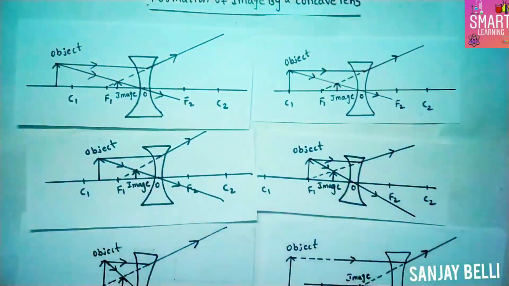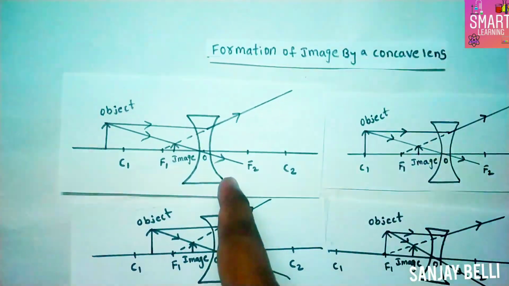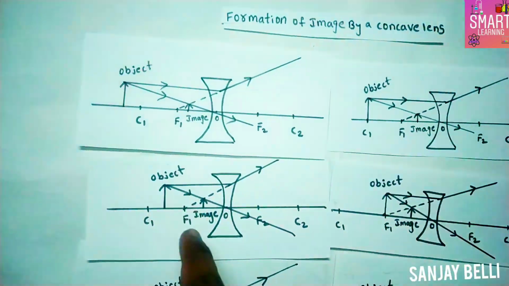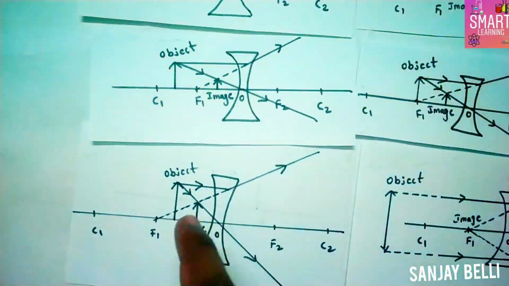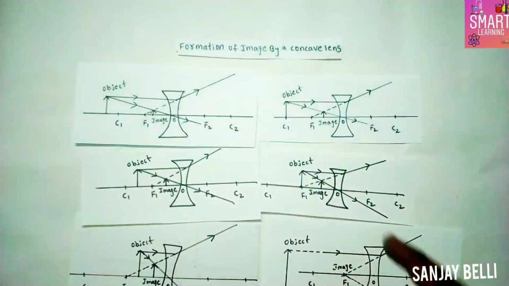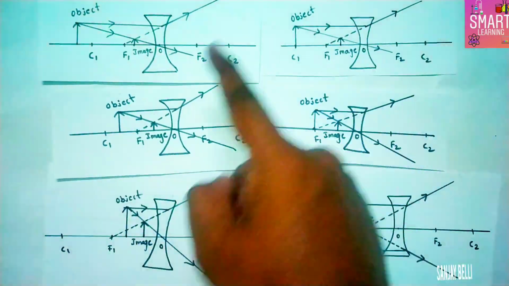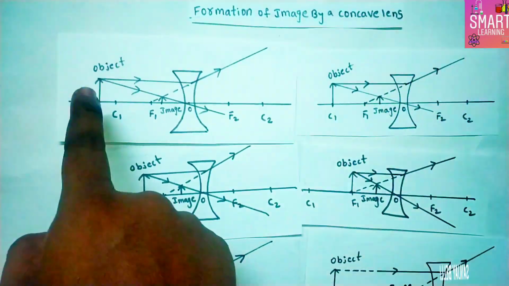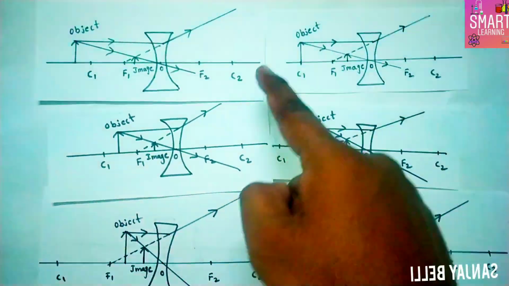Here I placed all the 6 ray diagrams related to your concave lens. You can observe rule 1, rule 3 beyond C. On C, rule 1, rule 3. Between F and C, rule 1, rule 3. On F, rule 1, rule 3. Between O and F, rule 1, rule 3. At infinity, only rule 1. That means in 5 cases we used the same rules, rule 1 and rule 3. An image is obtained between O and F. You are just shifting the position of the object, just moving towards the right side. That's it.